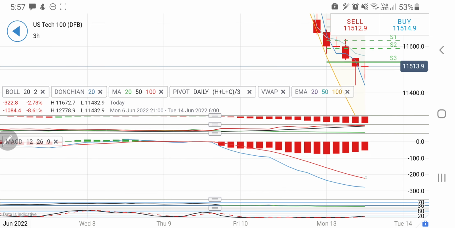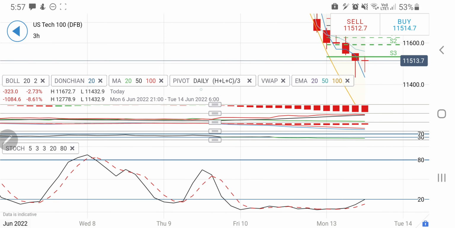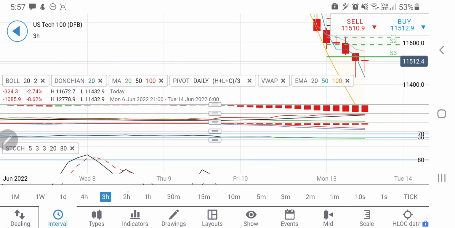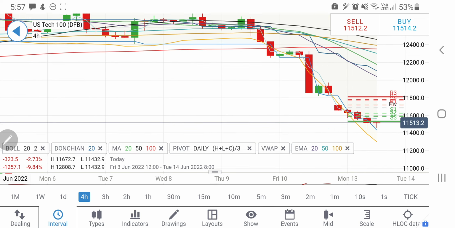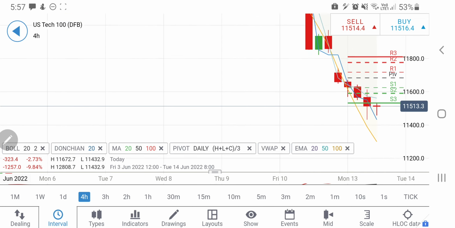The MACD is trading in red, it may start to converge from here. And if you look at the stochastic, this was oversold till now, it is trying to rise from here. Possibly we may see a couple or more green candles from here. And now look at the 4-hour charts.